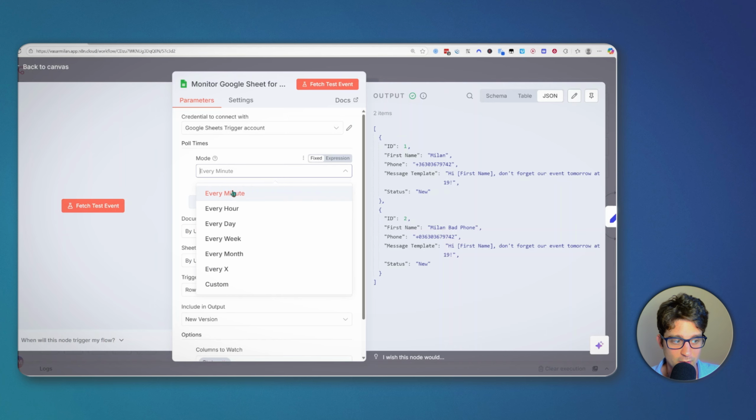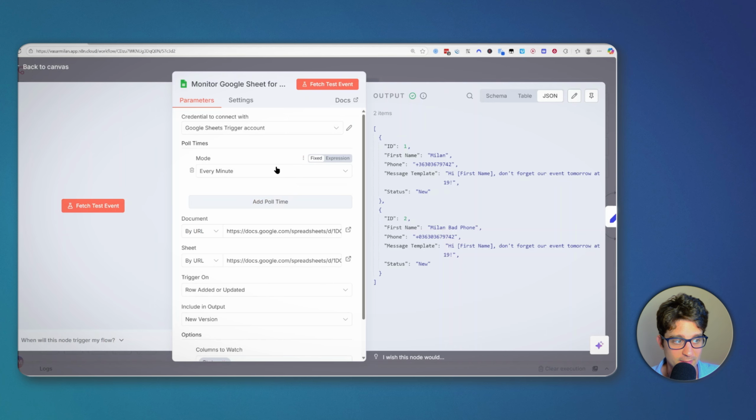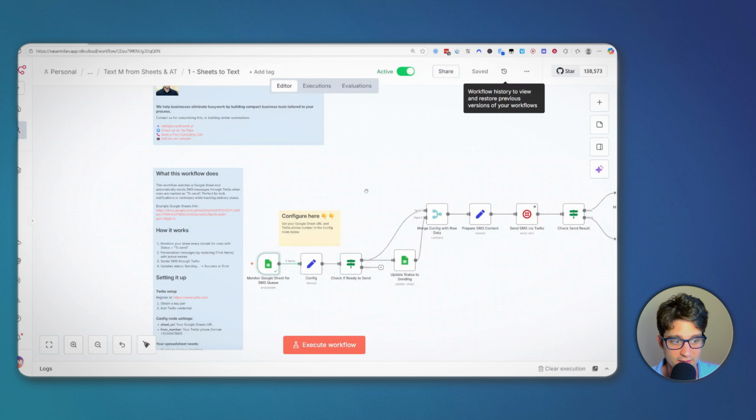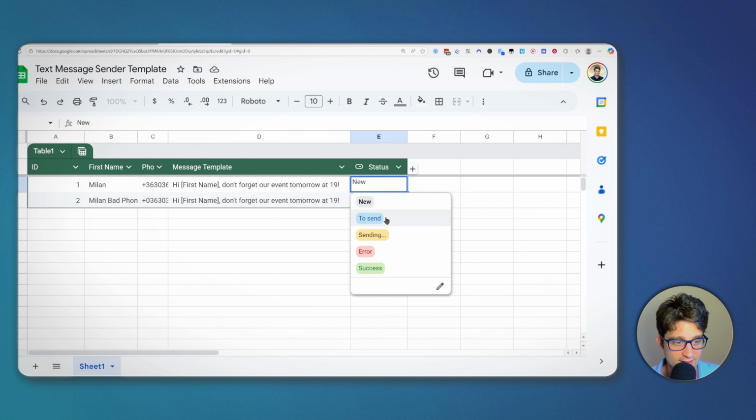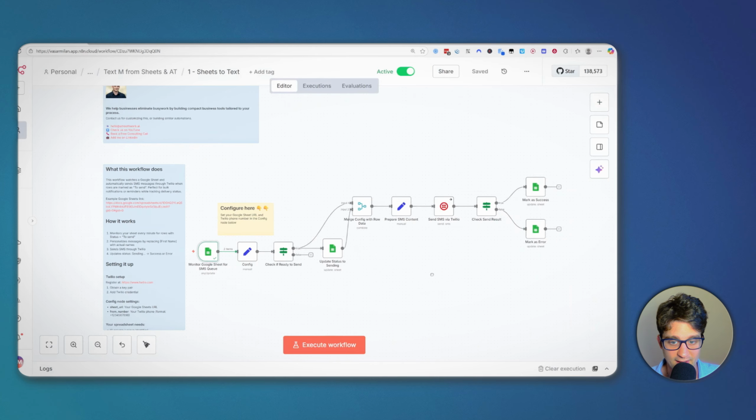We can set the poll time here, which I keep the default every minute, which means that it's going to check every minute for any changes in here, and if anything is added into the to send status, then it will automatically run and